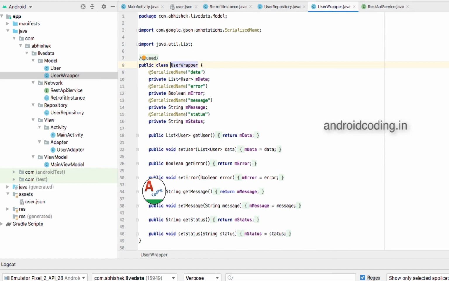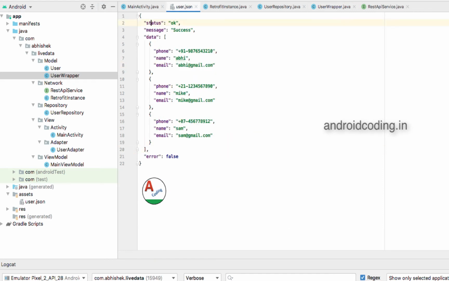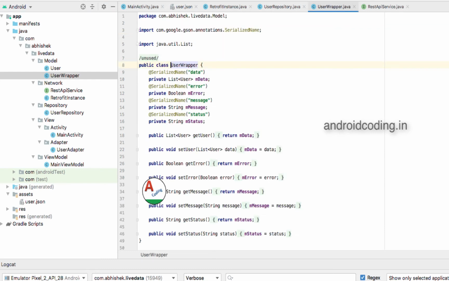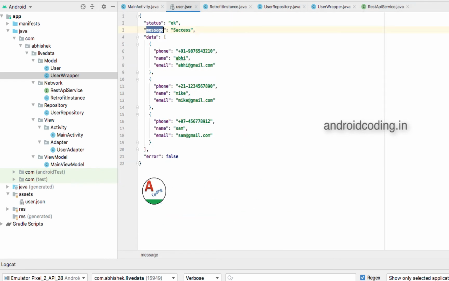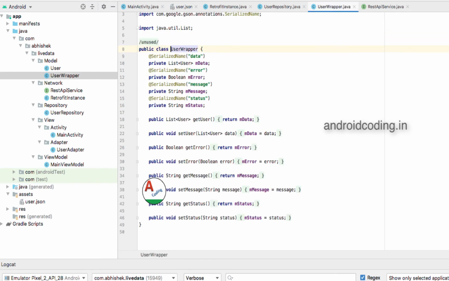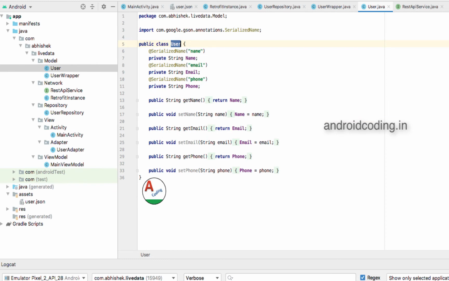User wrapper is a wrapping up of the user class. As I have shown here, status, message, data and error, these are the four fields we are having. So using user wrapper we will be fetching those four fields, and in the data we are having a list of user details. So we are parsing that separately with the help of user class.